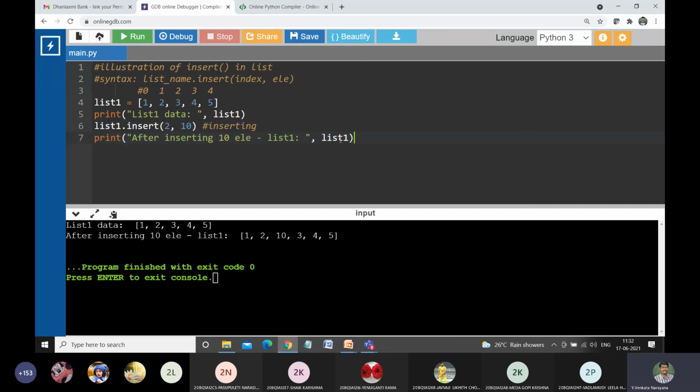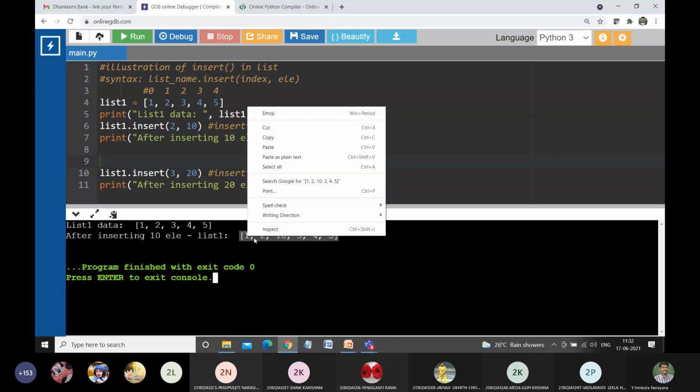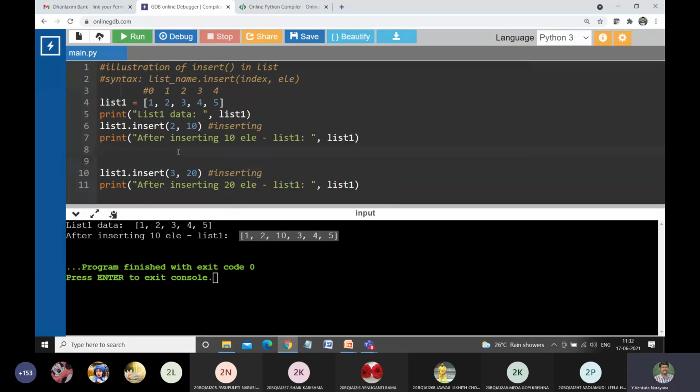Say for example, if I want to add 20 at position 3. I think the list is like this. The same I am giving here. Copy. What are the positions?